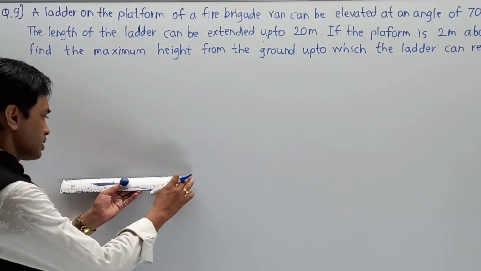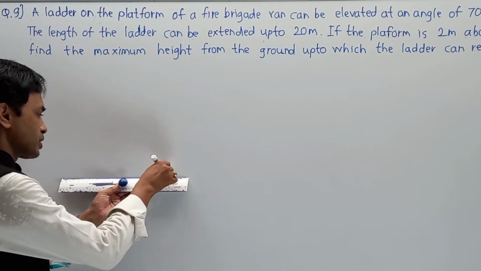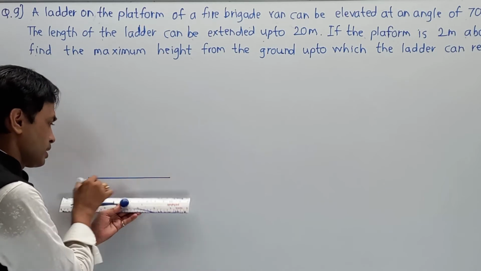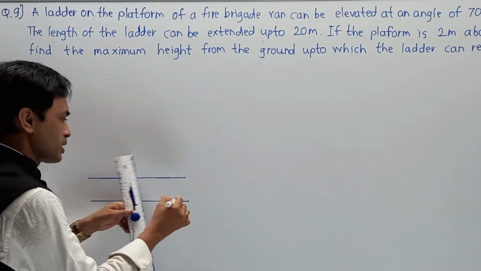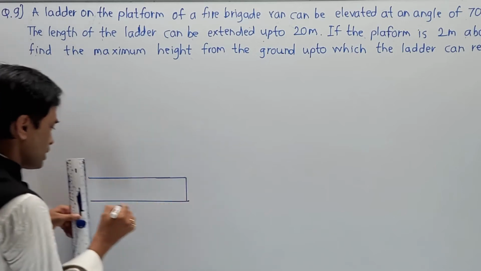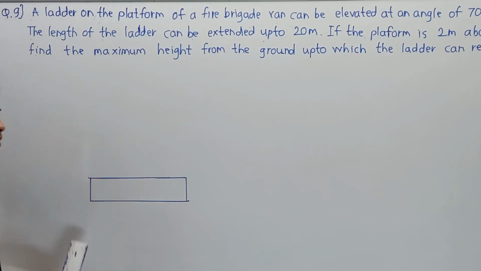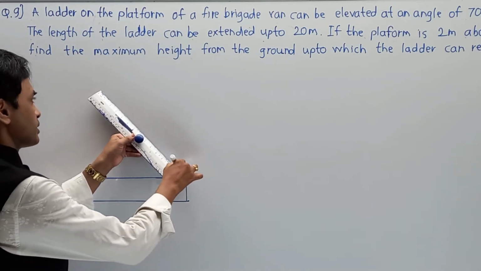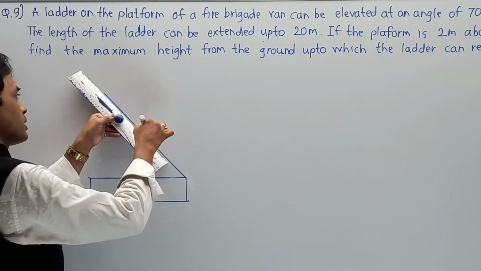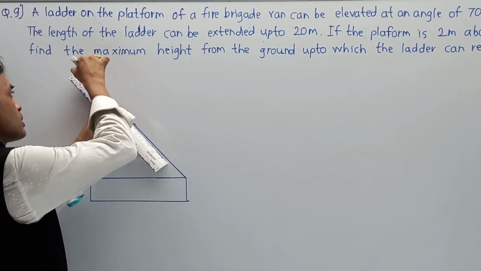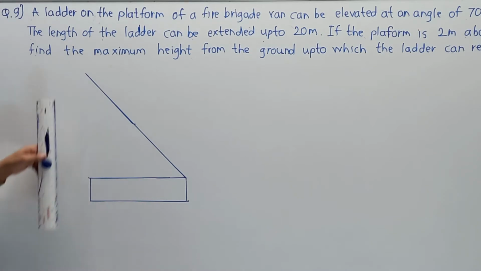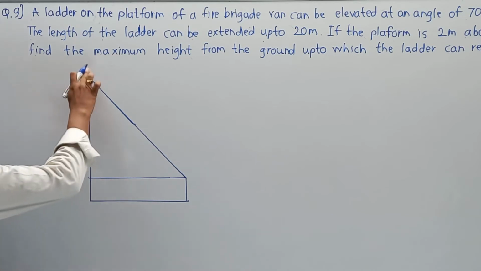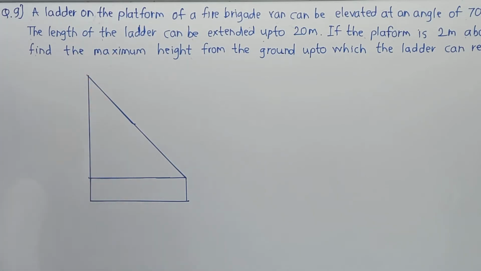So first of all, I am going to make a basement structure over here, and remember, one by one we have to understand all the parts. Let us say this is the basement structure. After that you can extend this ladder up to 20 meters. This part I have drawn up to 70 degrees, and let us say this is the exact vertical height, so we can have a comparison. Now whatever structure we have drawn, let's understand one by one.